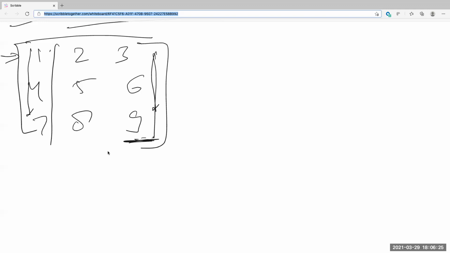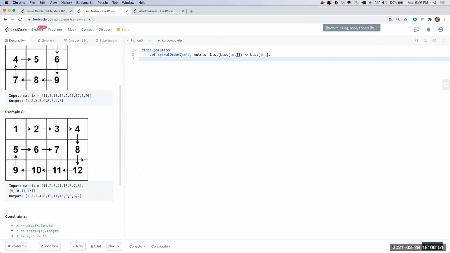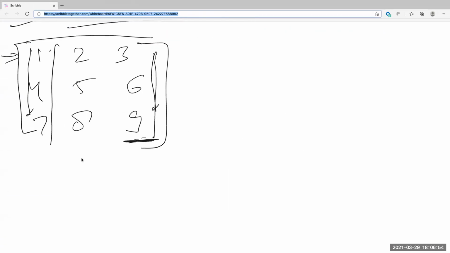Now my column count will start from 8 because I have already processed 9. I'll go backwards because I know that I've already reached the size. For the first row, I know that I'll process regularly from 0 to whatever the length. Then I know that I hit the length already, so I know the order in which the output should be. The iteration will be in such a way that I process the elements in the order that I want.